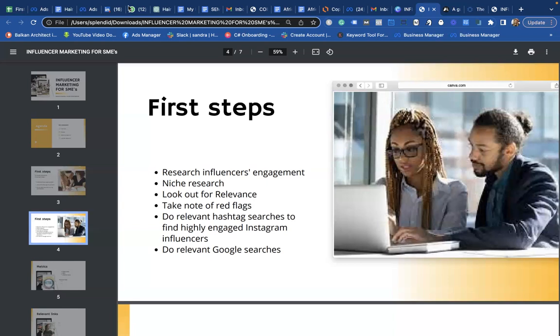The second thing you want to be mindful of is fraudulent engagement. It's so easy to find out right now. Just like me, I can post and send to my girls on our group chat that I posted, engage, and they will engage.